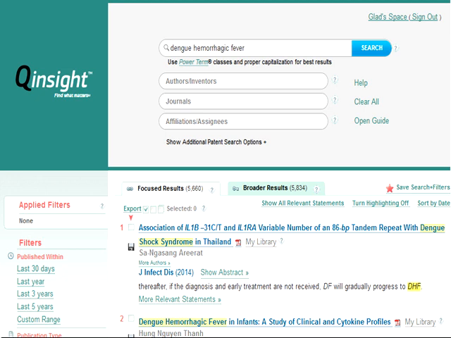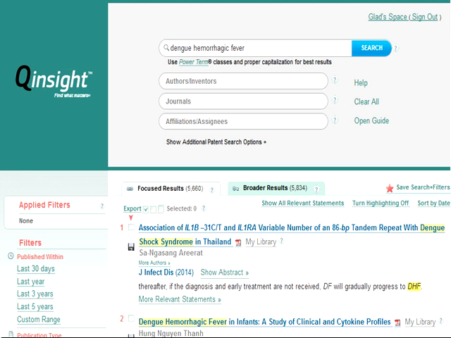This is the dashboard. As in a PubMed database search or any search engine for literature search, you can see here an area where you can give the key terms. It is different from that of PubMed. Usually we call it MeSH in a PubMed database search, but here it is power term. You also have other options of inputting the author names, journals or magazines, or even your affiliations and assignees. Assignees come here because this particular search engine will also pull patent documents.